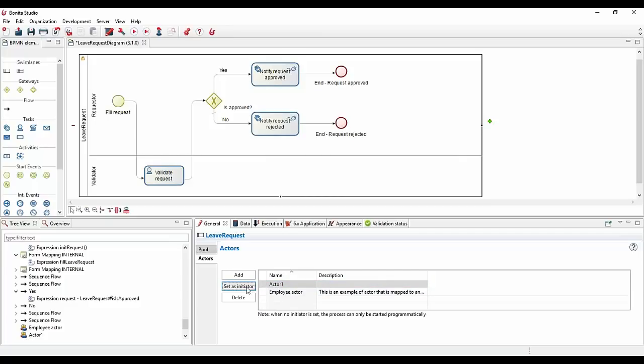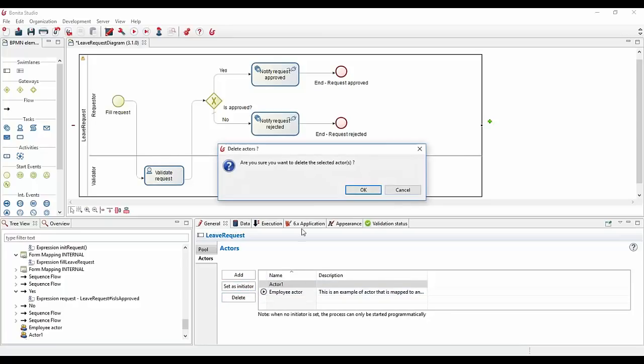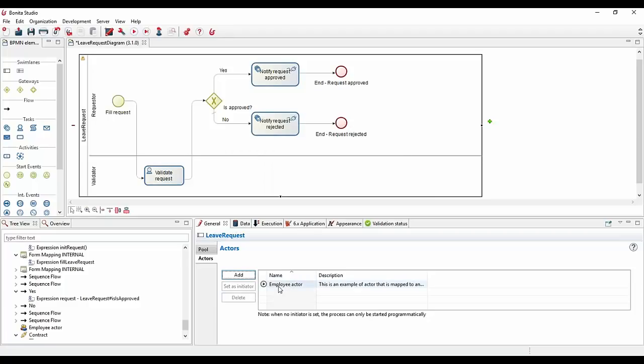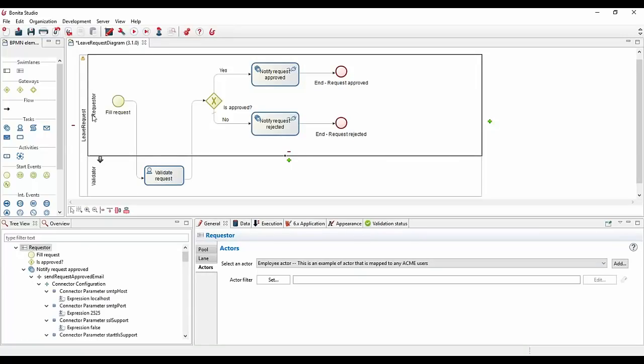I can also unset the initiator and change it here. That is just an example, but basically the idea is we have only one actor that can be initiator of a process, and for that you need to use this. As soon as you have multiple actors, so here let's say we have two of them, I told you we can associate these actors to lanes.